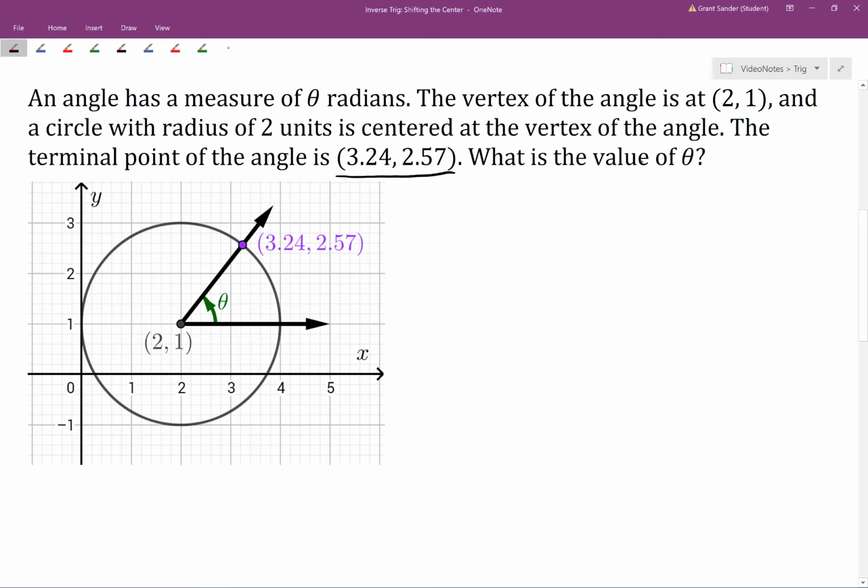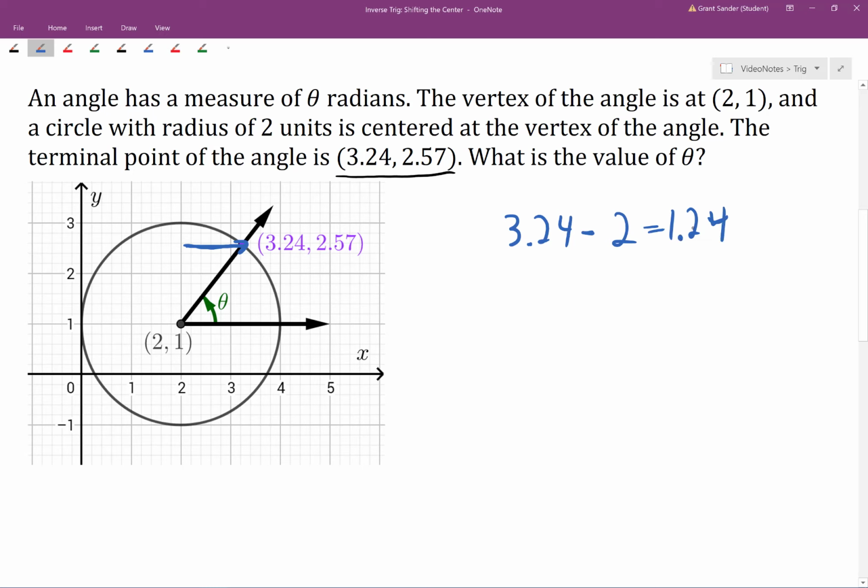We want to know the radian measure of this angle. Since our terminal ray points to the top half of the circle, we'll use the inverse cosine function. Now the inverse cosine function takes a number of radii to the right of the center of the circle as its input. If we look at this terminal point, it's some distance to the right of the center of the circle. Since the terminal point is at x equals 3.24, and the center of the circle is at x equals 2, the terminal point is 3.24 minus 2, which equals 1.24 units to the right of the center of